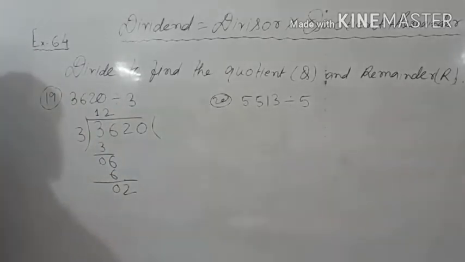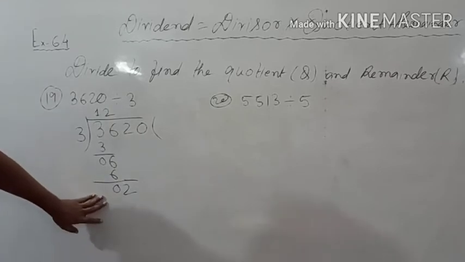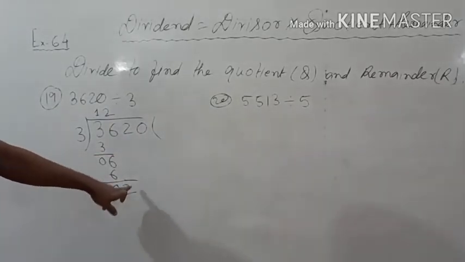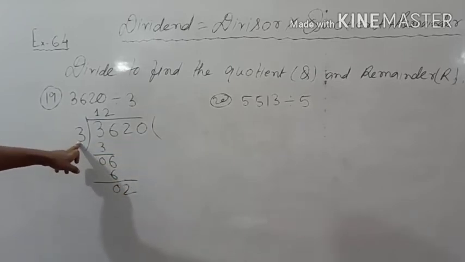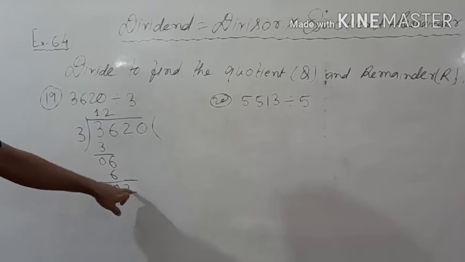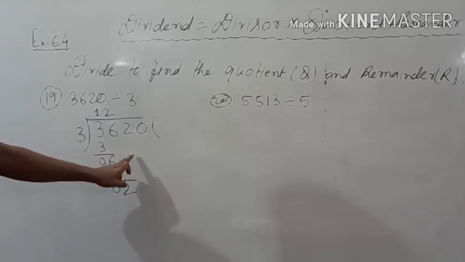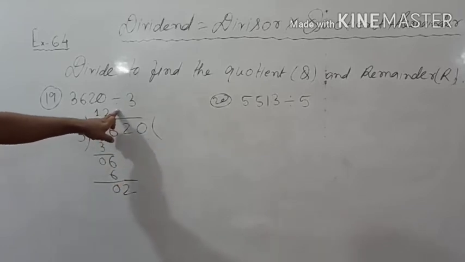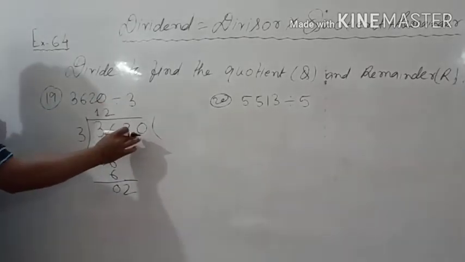Students normally make a mistake here: they bring the 2 down as a carry, and when it is not dividing by 3, they used to take 0 also. But if it is not divided by one number, after carrying one number we have to put a 0 here also. यहाँ पे 0 देना है तभी और दूसरा डिजिट आप यहाँ पे